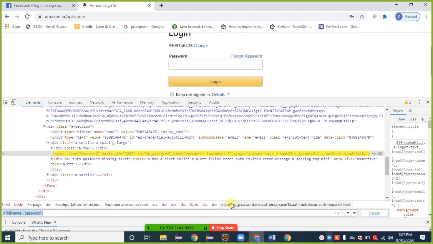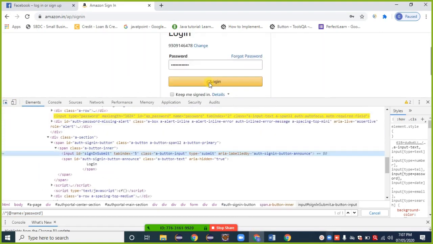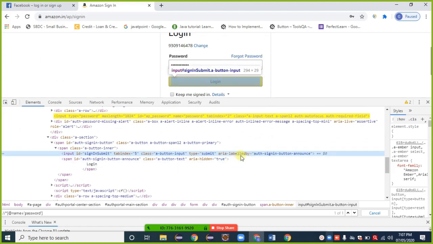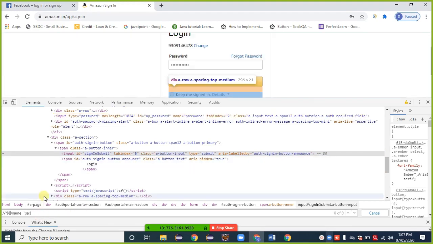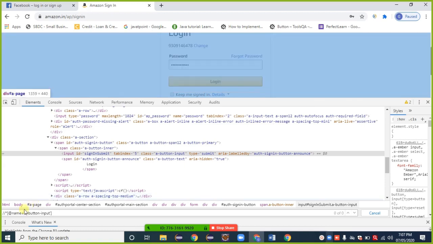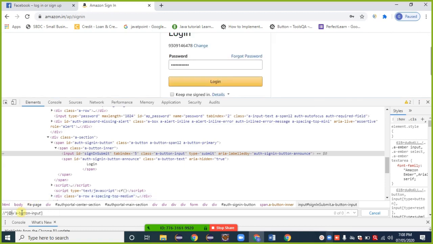What is the next step? When I enter the password here, Perfect Learn, click on the login button. So inspect the login button. Here I can go with any one. ID is available, and ID is permanent, no doubt. Class is also given here. Control C, Control V, class, 1 of 1.